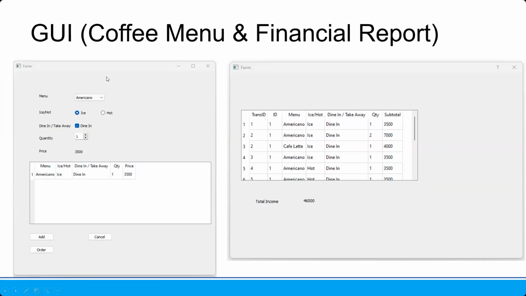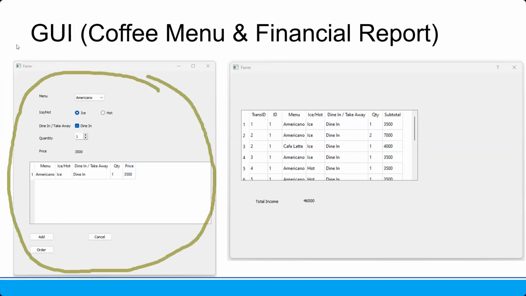So this is the GUI. So let's do one by one. How can we make this GUI and this GUI? So the first GUI, it will be about the menu. We are going to select the menu,